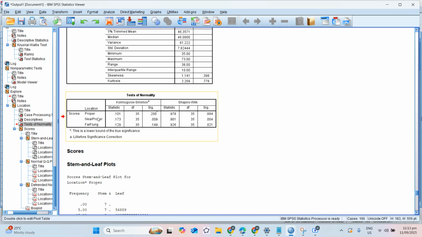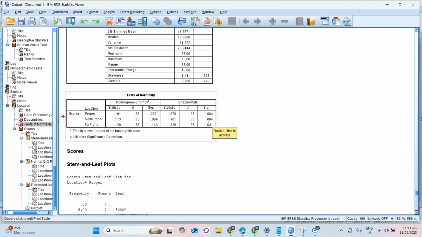Now looking at the result of the students, those who are in the proper areas, the p-value is greater than 0.05. Now the normality, if that's greater than 0.05, so that's normally distributed. But less than 0.05, so not normally distributed. Now, the data of the students from near proper and far-flung areas in the Shapiro-Wilk, that's less than 0.05, 0.004 and 0.021.